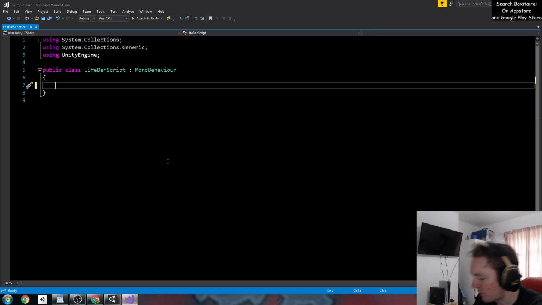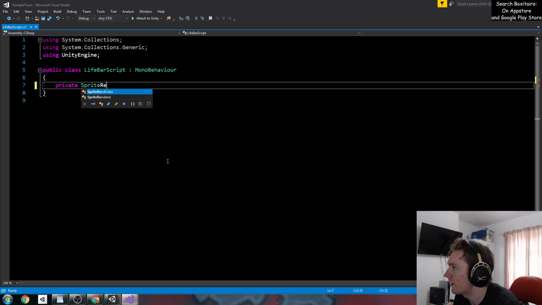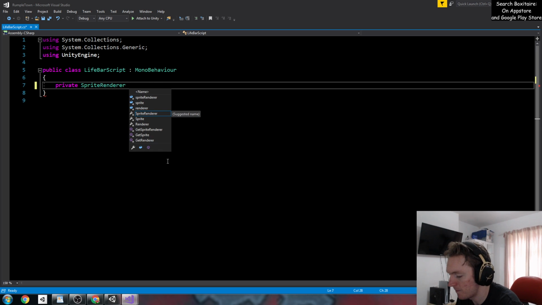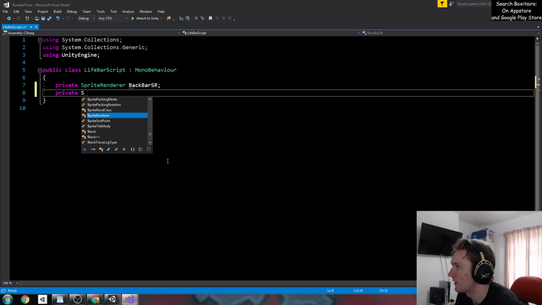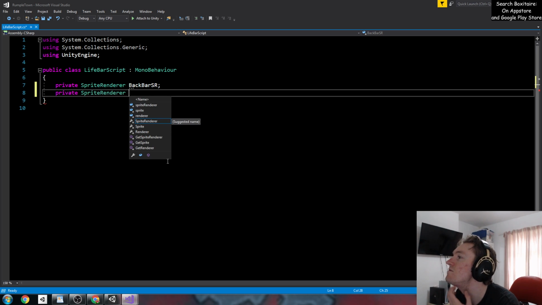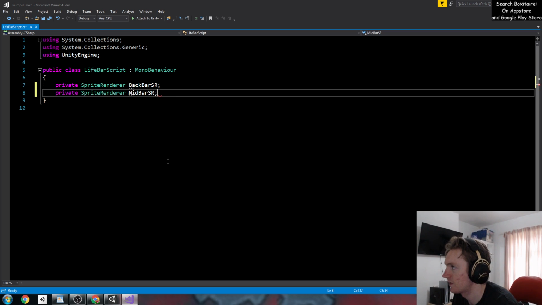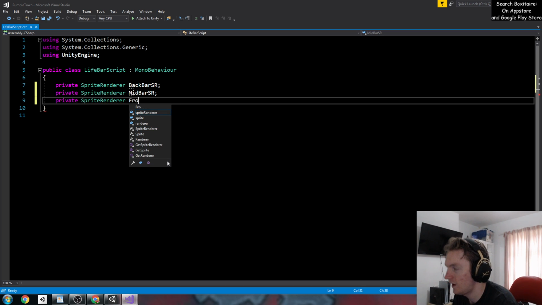Okay. So I think we have a private sprite renderer, back bar SR, private sprite renderer, yep, mid bar SR, and fantastic. Right,